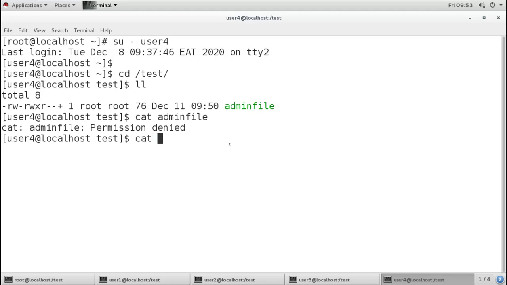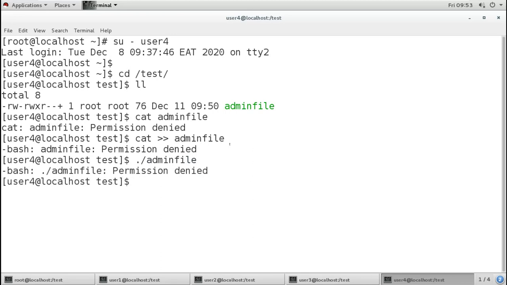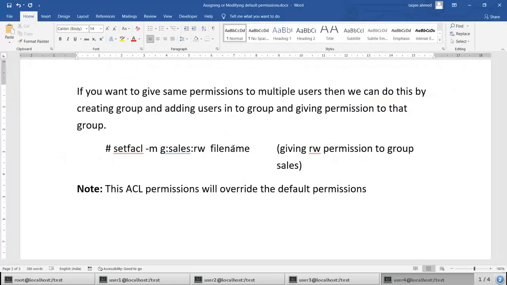So we don't have to check the other permissions. It is denied. So all the permissions are denied for user 4. It cannot read, it cannot write, it cannot execute also. So these are the ACL permissions we have assigned, and we have not assigned